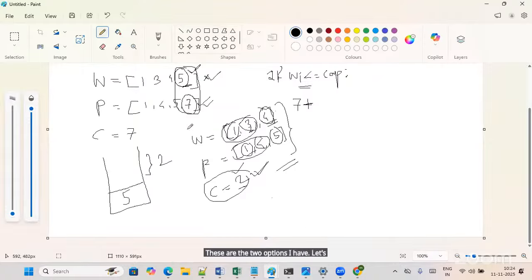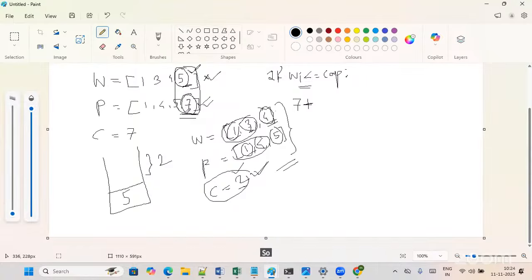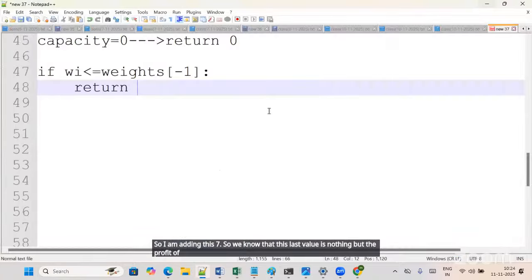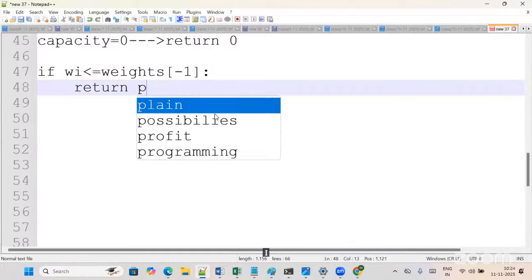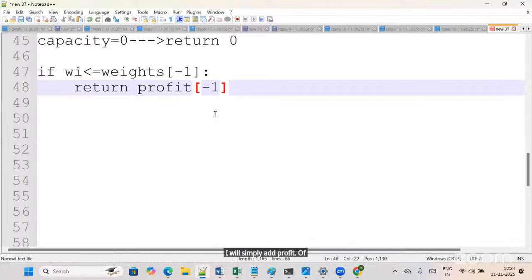Let's take, guys, suppose I am including. Suppose I am including means what? We want a maximum profit. So I am adding this 7 inside the recursive call. So we know that this last value is nothing but the profit of -1. So what I will do here? I will simply add profit of -1. Correct? Up to here clear, guys? Plus. Once I included the profit,